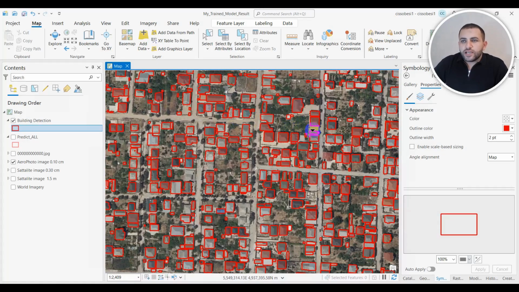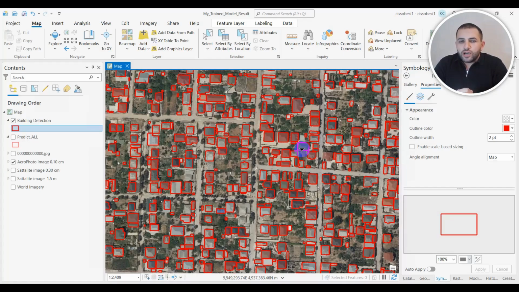Someone knows that Esri has building footprint detection models. We also use these models, but why did we decide to train our own models? Firstly, we want to learn how the Esri API can train models and how we export training data. We want to learn this process. Second, in our work we need a building detection model locally, so that's why we decided to train our